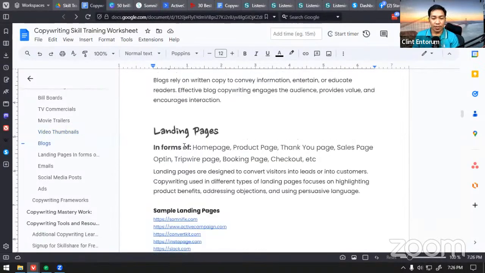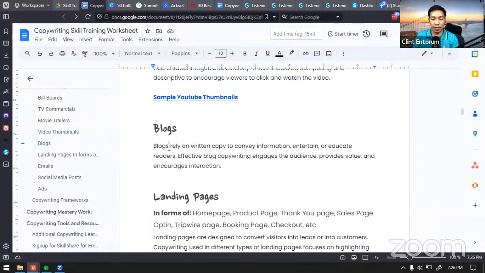Okay, so in blogs, again, as I mentioned earlier, in blogs, we could incorporate copywriting. In blogs, actually, more likely in content writing. It's different than copywriting, but nowadays, since the goal of copywriting is to promote something, blog contents could be called content copywriting. So it's kind of content writing with marketing components in it. So that's content copywriting.